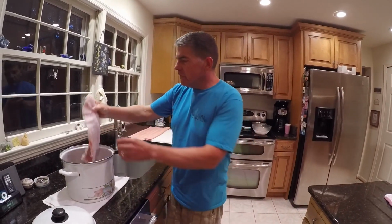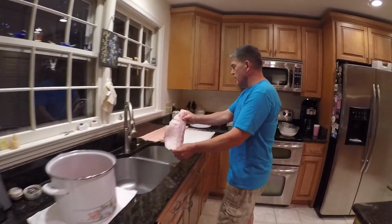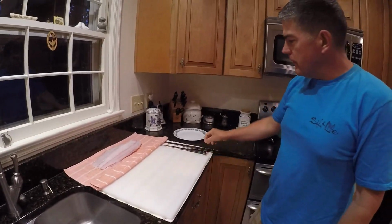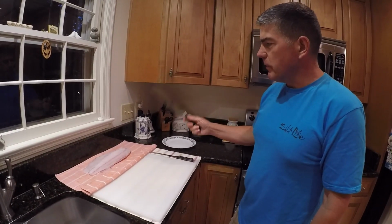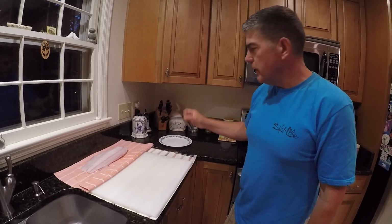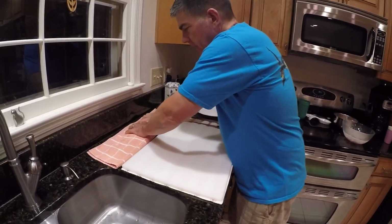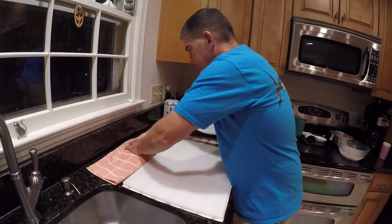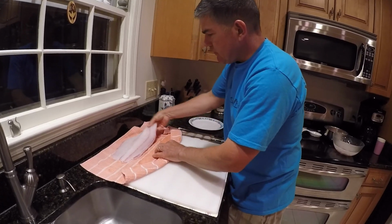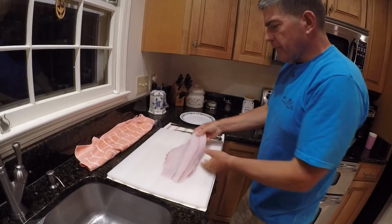So the first thing I do is I'll take the fillet out, bring it over to my prep station that I've neatly assembled. I have my cutting board, I have a serrated edge knife which I'll cut through the fillet as you'll see, and I have a very nice German fillet knife. So the first thing I'll do is pat the fillet dry to get any excess water off of it. Then I'll shift the fillet to my cutting board,